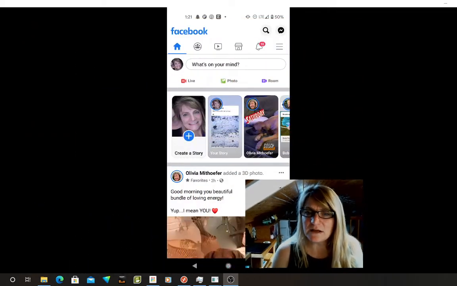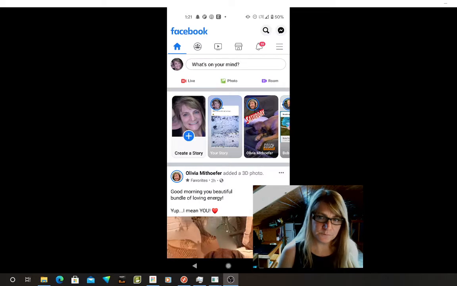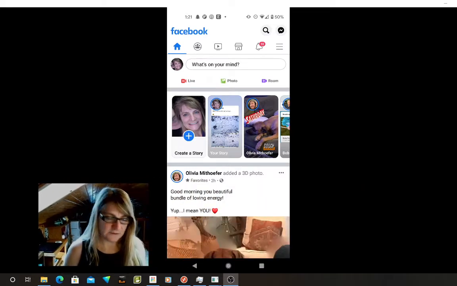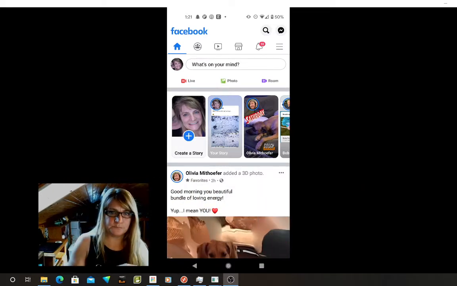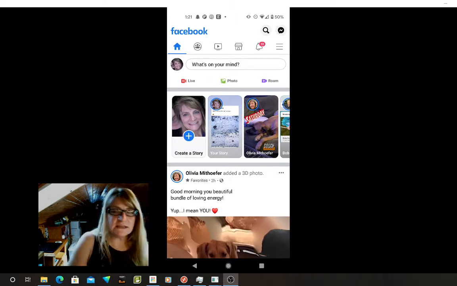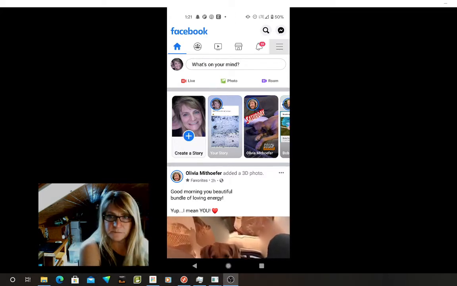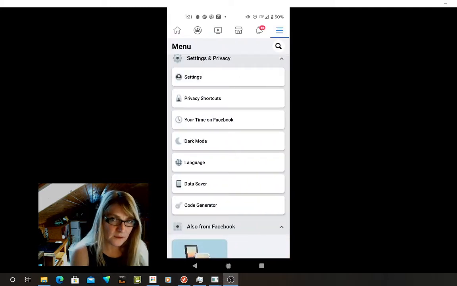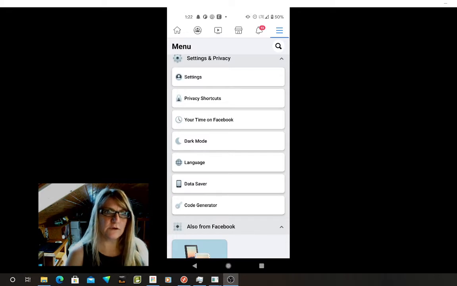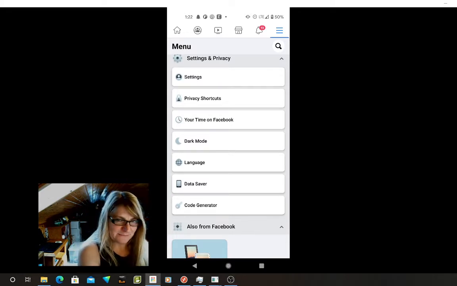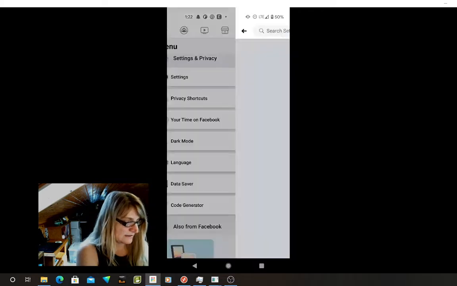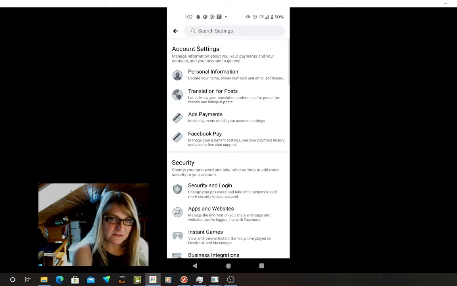So I'm going to get myself out of the way so you can see my phone here. Put me over here. Okay, so you hit the little menu in the upper right-hand corner, the three lines right there. Then you hit settings, and under settings and privacy, you hit settings. And then you